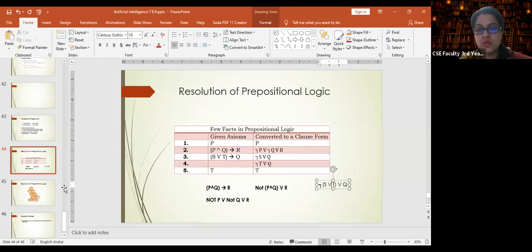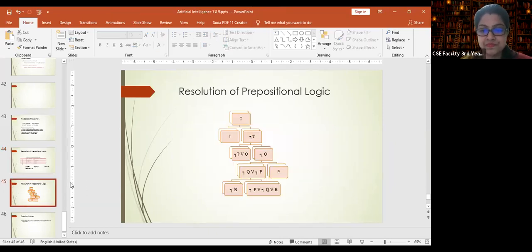Now suppose we want to connect all the given facts. We want to see which fact comes with which fact. Suppose we are starting with a null point. Here we do not have anything. Suppose one fact is given: the sun is there in the sky. So we can choose either the sun is there in the sky or the sun is not there in the sky.